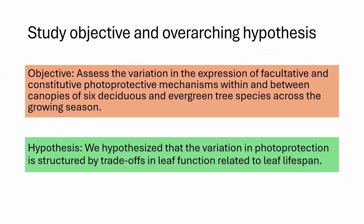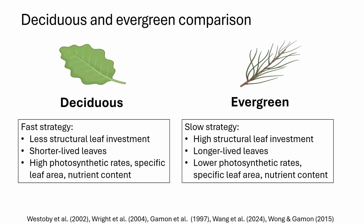So our study objective and overarching hypothesis. The goal of the study was to assess variation in how the expression of facultative and constitutive photoprotective mechanisms among tree canopies of deciduous and evergreen species and across the growing season. And our hypothesis is that the variation in photoprotection is structured by trade-offs associated with leaf lifespan, okay? I chose the deciduous and evergreen comparison because they represent distinct functional types or